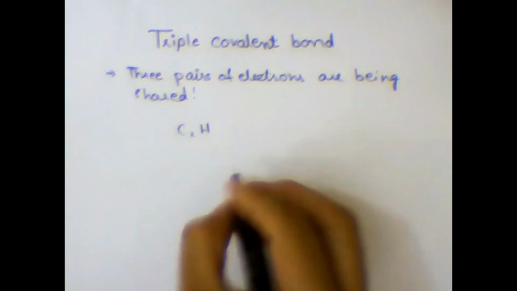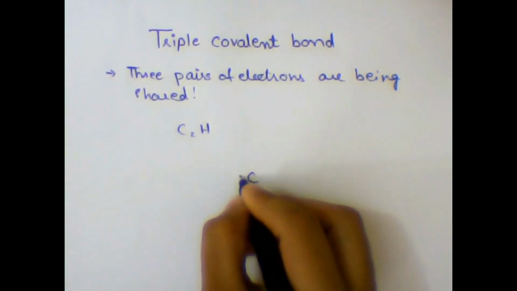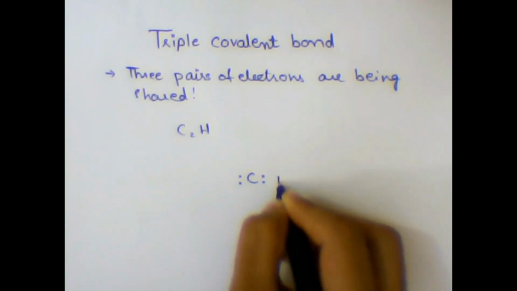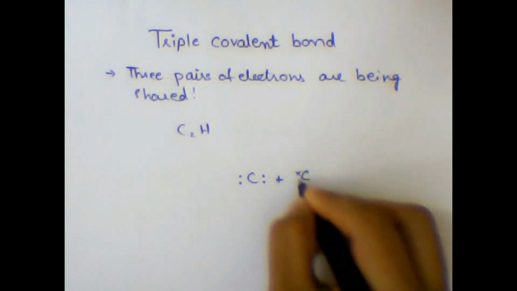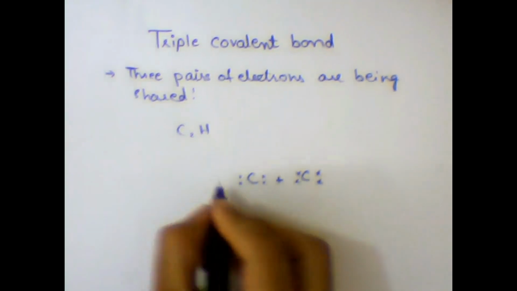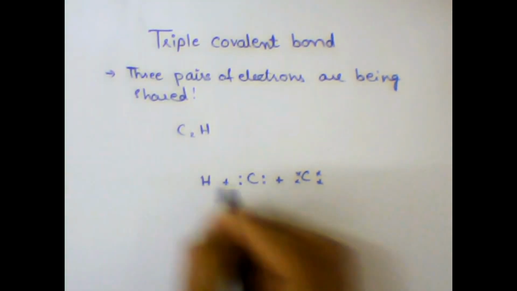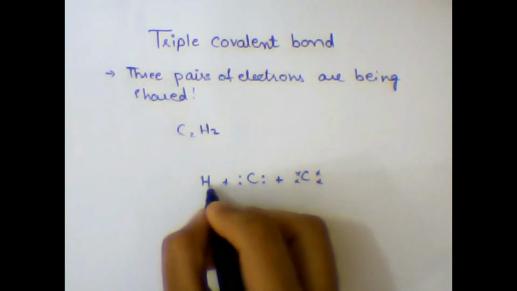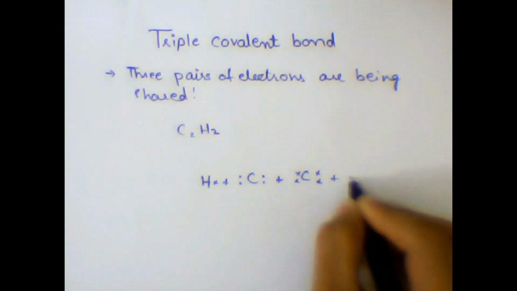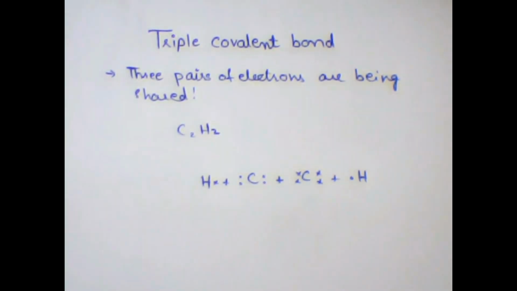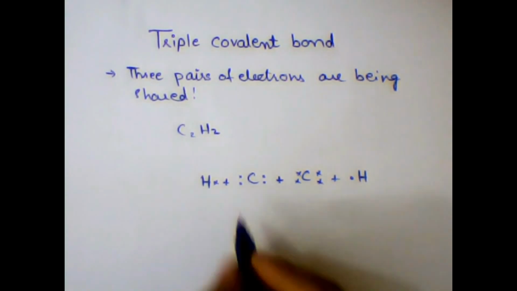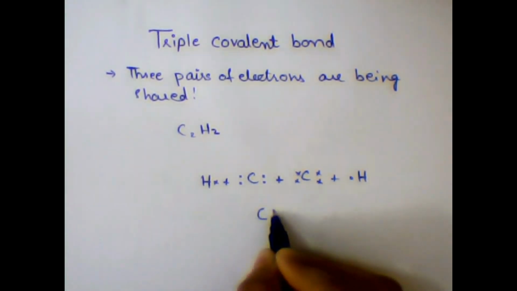Carbon has 4 valence electrons represented by dots. Another carbon has 4 valence electrons represented by cross. And hydrogen has 1 valence electron. Now when all these four elements react together, a triple covalent bond is established